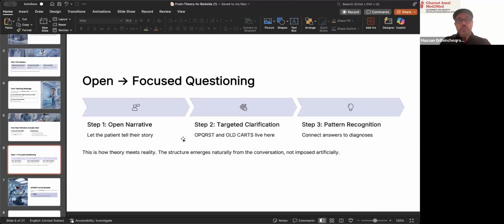So you start with a human question, and then you start to open. There are two types of questions: the open question and the closed question. If someone talks too much, I start to ask yes or no questions. Do you have pain? Do you cough? Can you walk? Do you see my fingers? So these are closed questions.